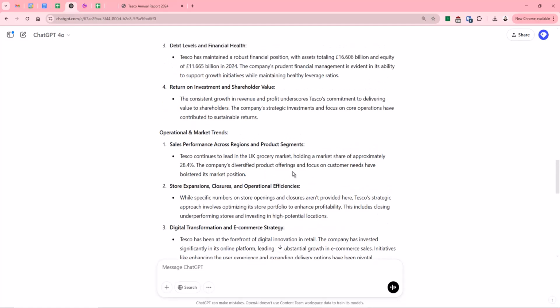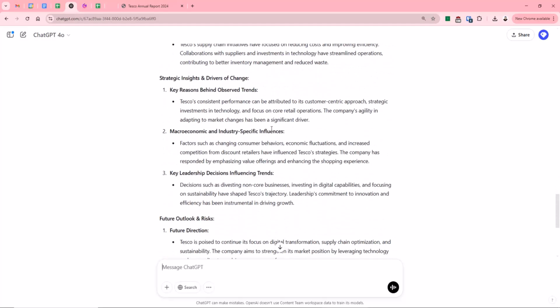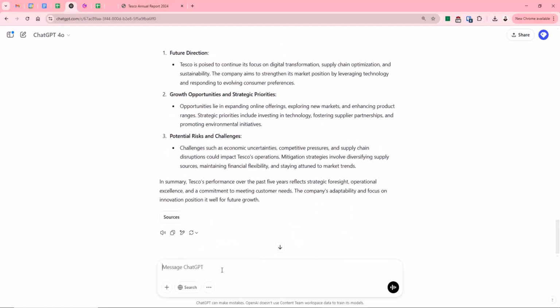Perhaps we want to find out more about its operational market trends. Perhaps we want to know more about the key drivers for change. So what we might do is we say, that's great. Please provide more depth and detail around operational and market trends for the past 5 years.